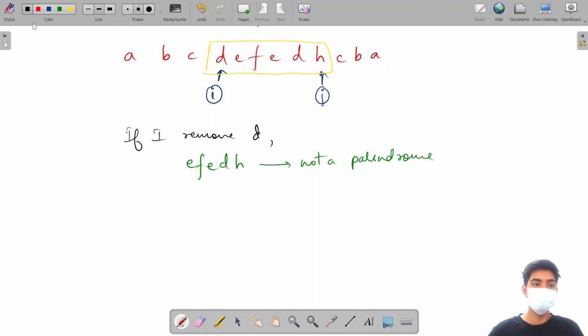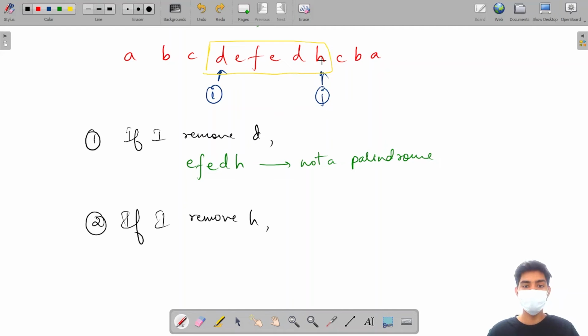Right? Or if I remove, this was my first case. And if I remove H, if I remove this H, I remove the D first, right? And I got E, F, E, D, H, which is not a palindrome. But if I remove H, I will get D, E, F, E, D. Now this is a palindrome. This is a valid palindrome, right? This is a palindrome. So I will return